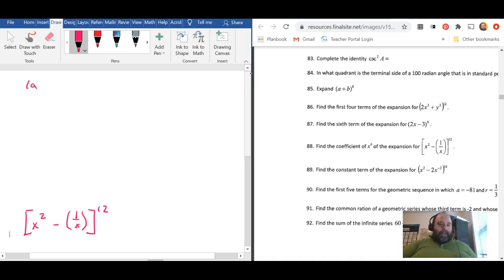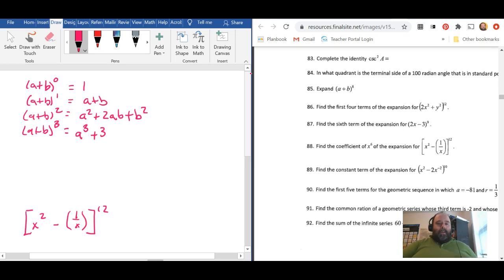So let's just say, for example, I have a plus b to the 0. That's going to be 1. A plus b to the first is a plus b. A plus b to the second is a squared plus 2ab plus b squared. A plus b to the third is a cubed plus 3a squared b plus 3ab